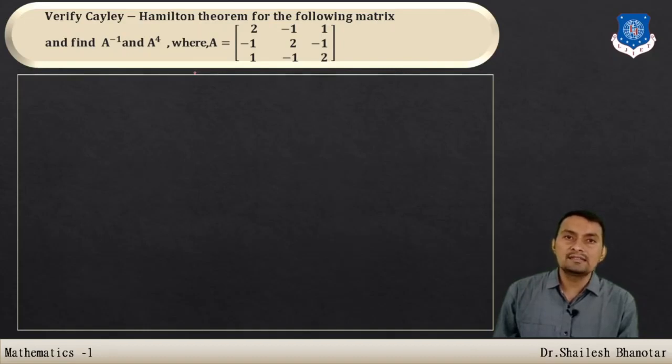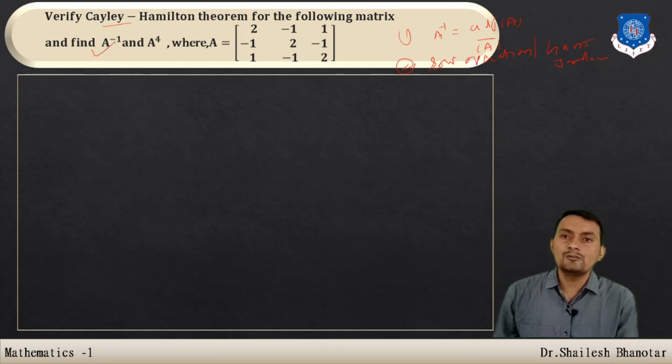Previously we have seen that whenever we have a square matrix, we can find A inverse using the Gauss-Jordan method, that means using row operations. The other method, which you are all familiar with, is the adjoint method, that is A inverse is equal to adjoint of A divided by mod A. That was our first method, the second one is the row operation, known as Gauss-Jordan. And the third one is what you are going to learn with the Cayley-Hamilton theorem.